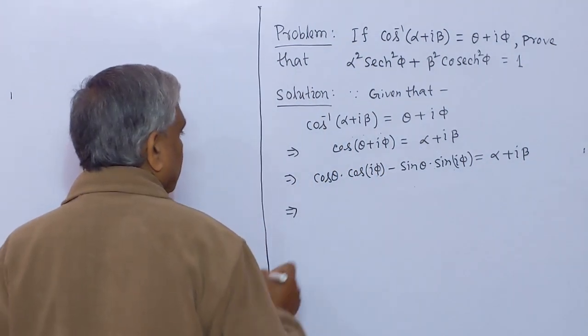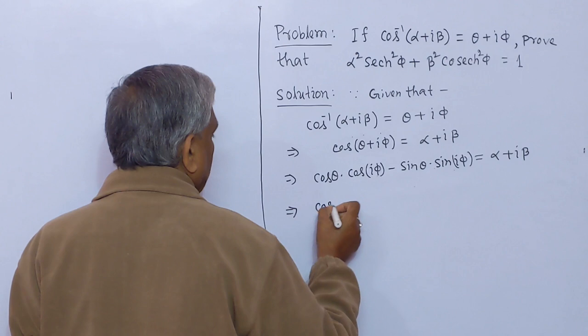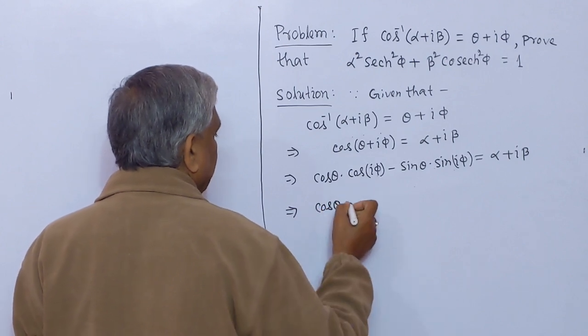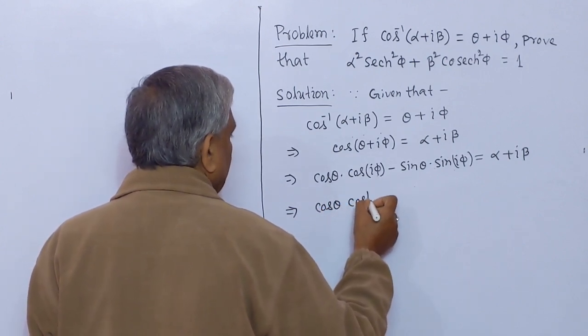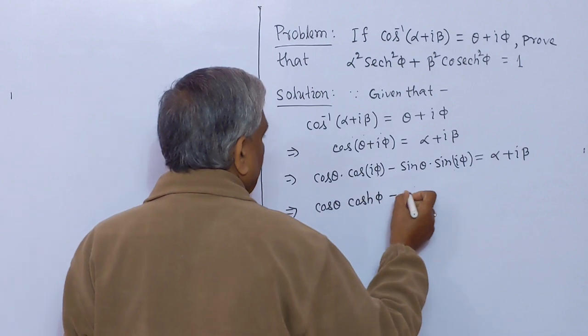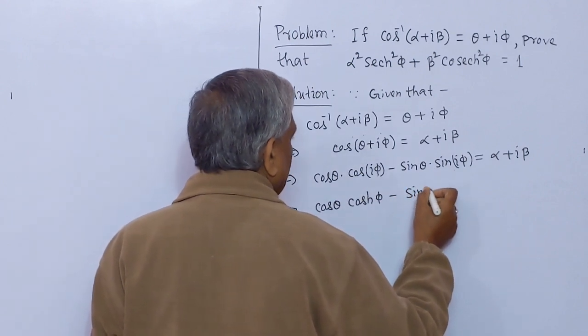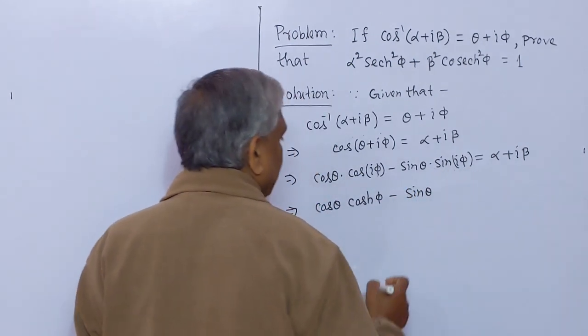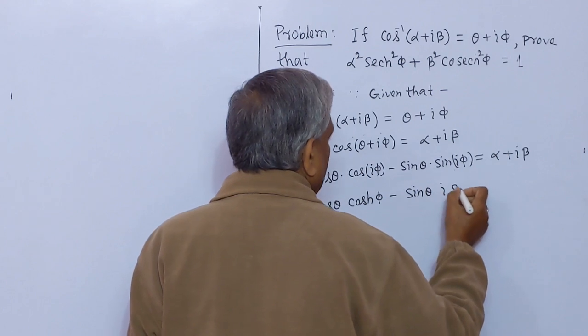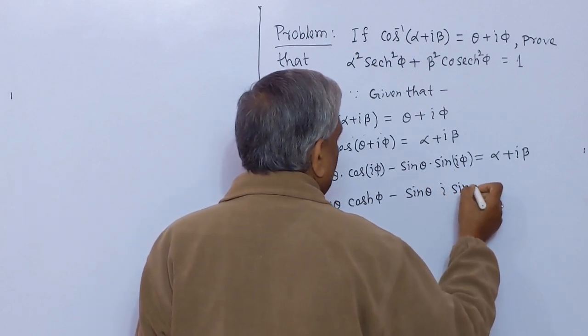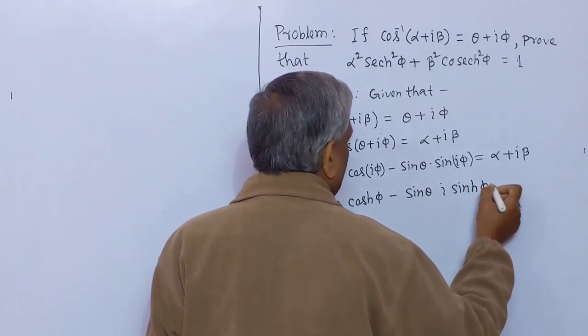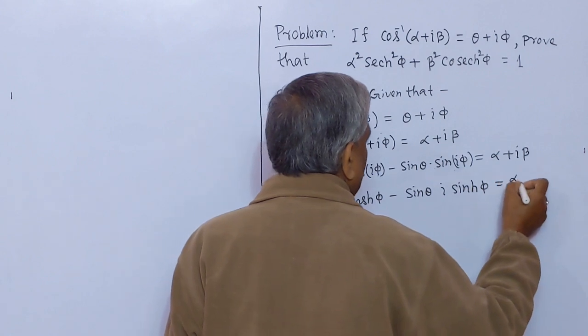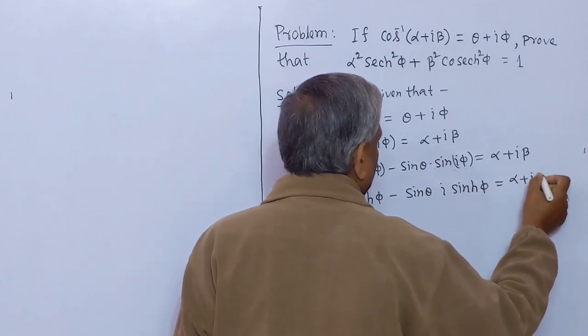This implies that cos theta cos i phi is cos hyperbolic phi, and sin i phi is i sin hyperbolic phi, equal to alpha plus i beta,